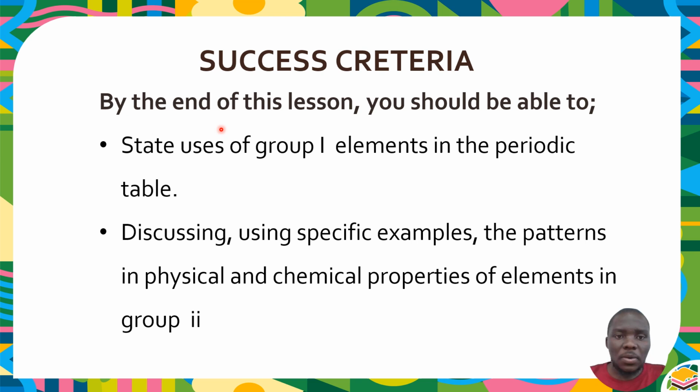So let us start by looking at the success criteria that we are supposed to cover by the end of this lesson, as well as by the end of this video. We are supposed to be able to state the uses of group 1 elements in the periodic table. When we're talking about group 1 elements, we are referring to lithium, sodium, as well as potassium. We should be able to discuss, using specific examples, the pattern in physical as well as chemical properties of elements